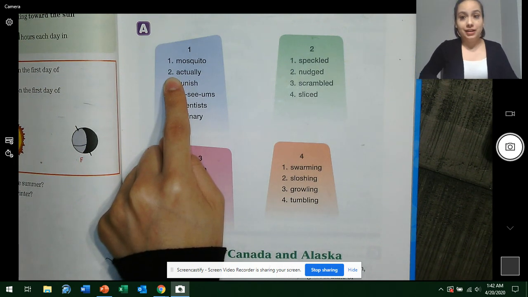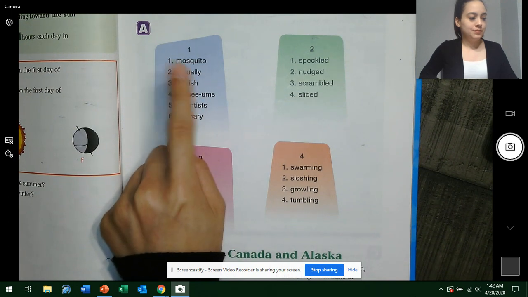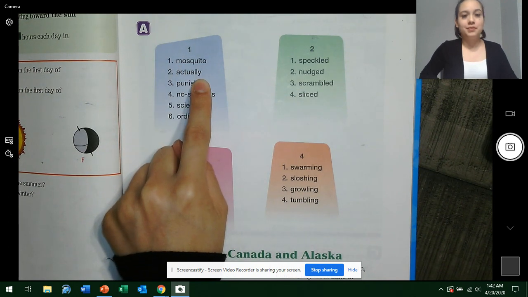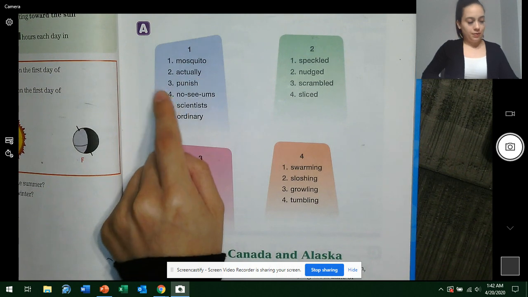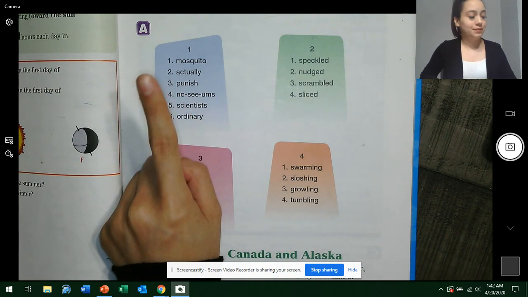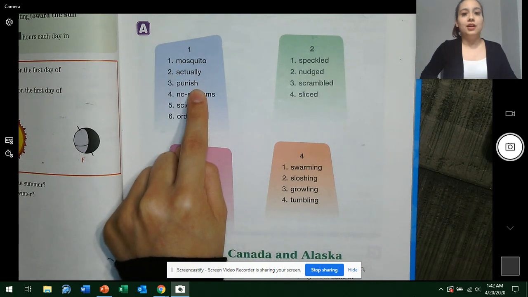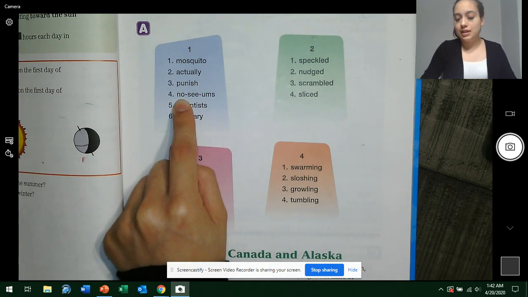Spell actually. Get ready. Awesome. Word 3 is punish. What word? Yes, punish. Spell punish. Get ready. Awesome. Word 4 is no see ums. What word? Get ready.